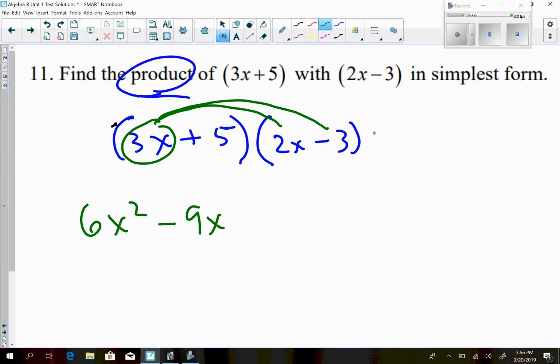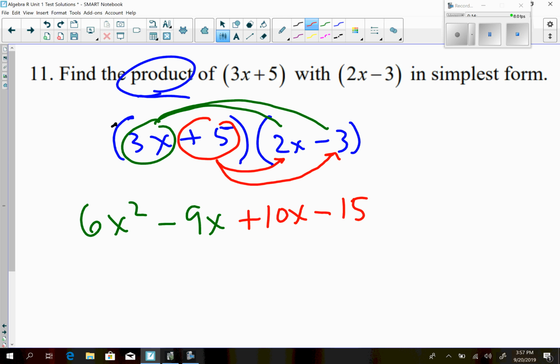3x got multiplied to everything that's there. Don't forget the 5. Positive 5 times 2x is positive 10x. Positive 5 times negative 3 is negative 15. The red 5 is done because we multiplied it to each term there. There's nothing else. The answer is 6x squared